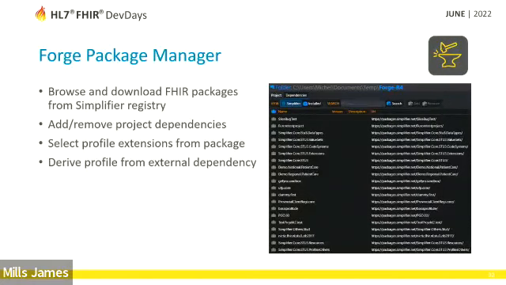When you start profiling, you might want to use our profile editing tool, Forge. You can also, of course, use some different tools, but Forge has a package manager, and it allows you to browse and download FHIR packages that are published on Simplifier. So from within Forge, you can add and remove project dependencies. And then you can use that, for example, to select extensions from that package or derive a profile from that